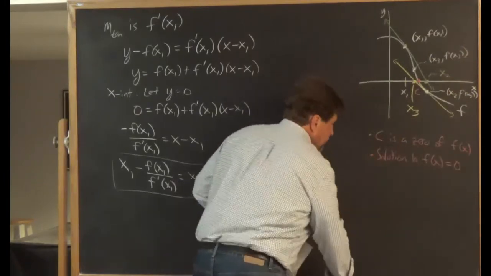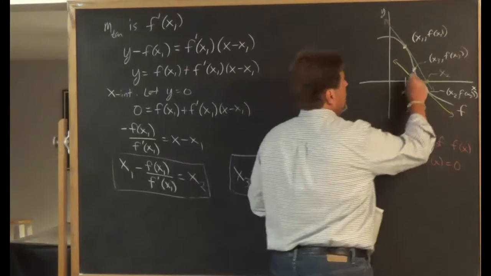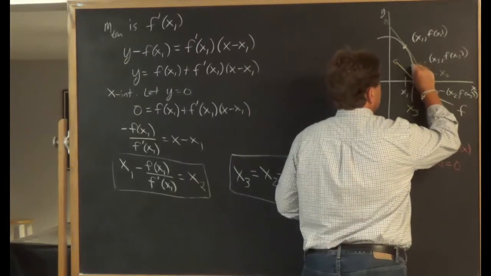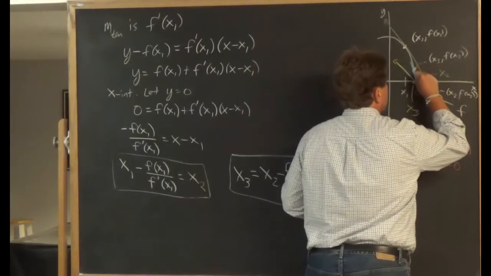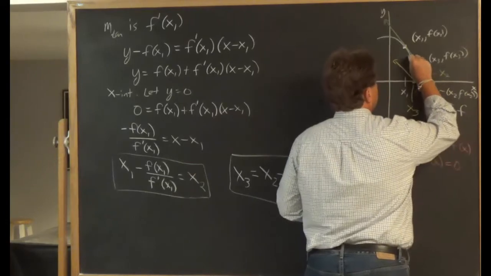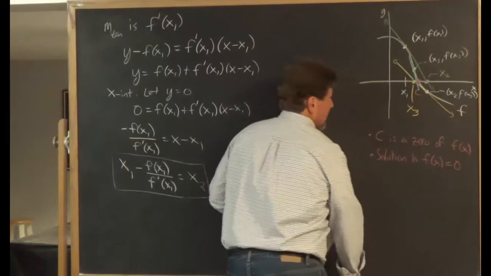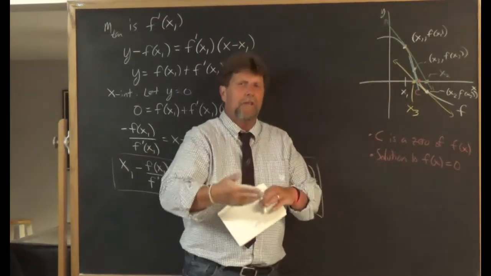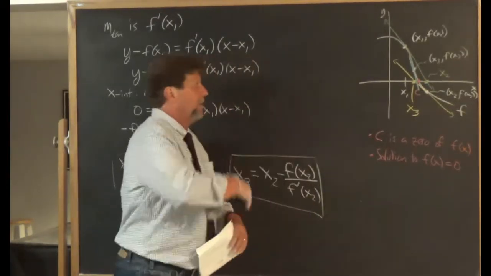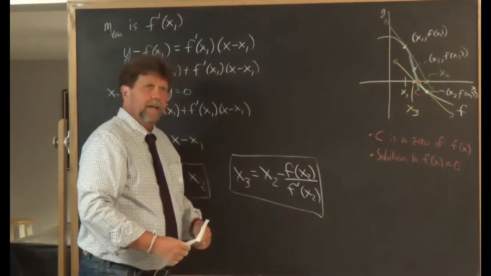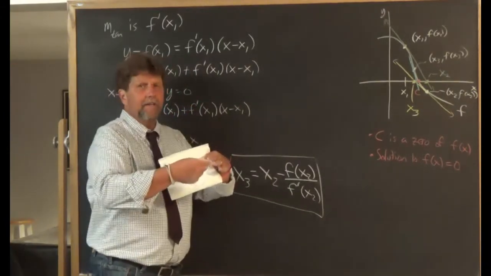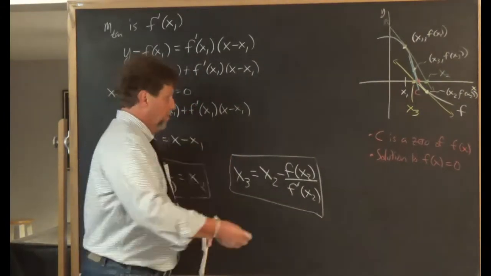You would get a tangent line, get the equation of the tangent line, and I think that x-intercept of the tangent line is even closer to the actual root. And if you go through this whole process again, you would rename that tangent line's x-intercept x sub 4, and